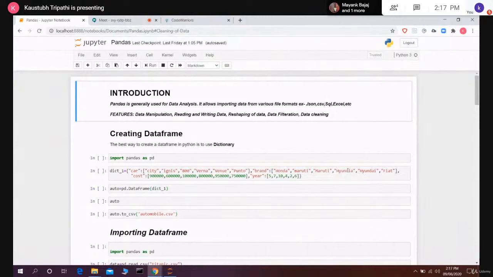You can also import the dataset, convert it into an array and use NumPy features on it, or without converting, you can directly do whatever calculations you want on the dataset. That's where Pandas comes into play. Those are the things that we can do with Pandas.